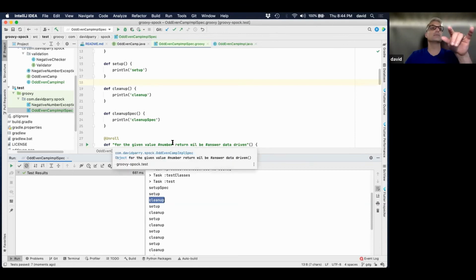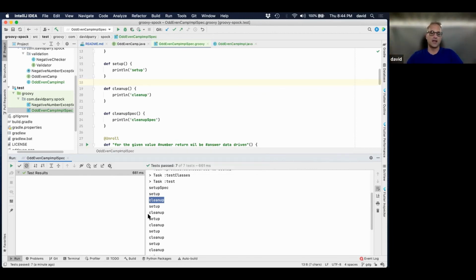If you needed to pass some data, like to insert into a database, and you're using that data table to insert it in, you could still do that and say, okay, well, I need this mock to see that data get passed in and come through. You can do that and then clean it back up. So that's the setup and cleanup spec and how you would handle that, and use that just like JUnit. No big things there.